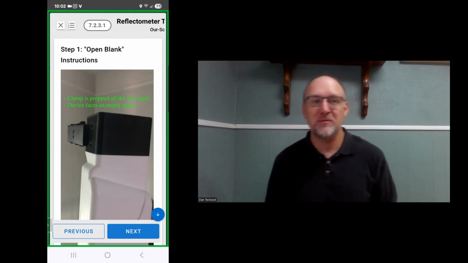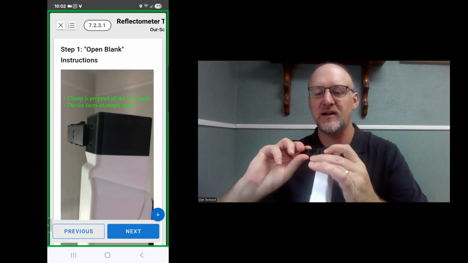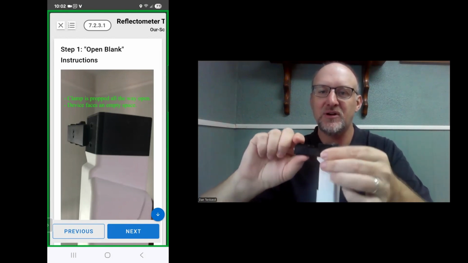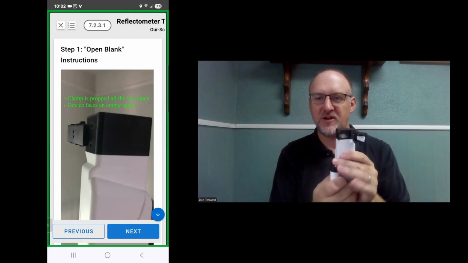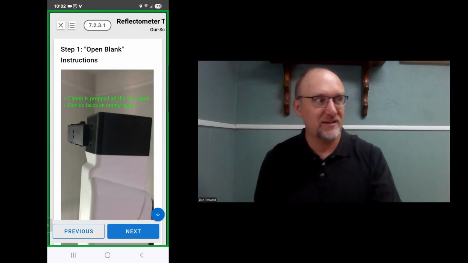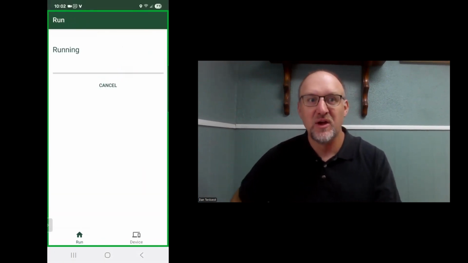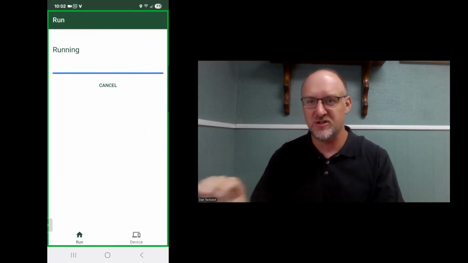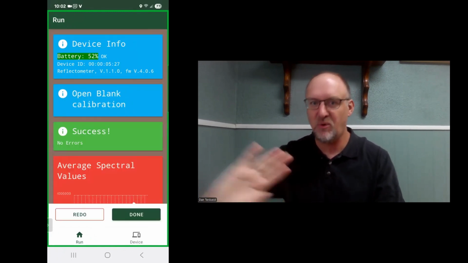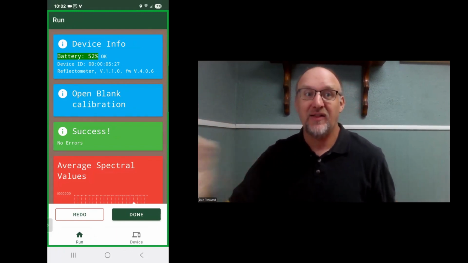For this open blank, you open the clamp, and usually there's a little gap there where you can lock the clamp open. It says open. Point it into a space and then run the calibration. What we're doing is pointing it in an area where there are no reflective surfaces, no computer monitors, no mirrors, no glass, things like that. So just point it out into an open area and fire the LEDs, and then you get very